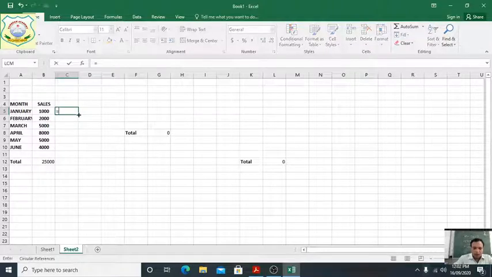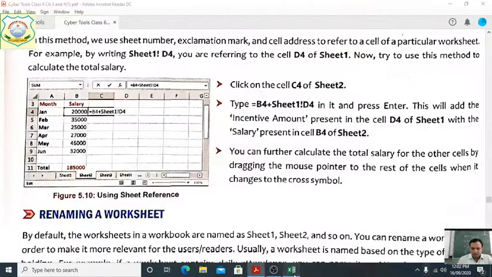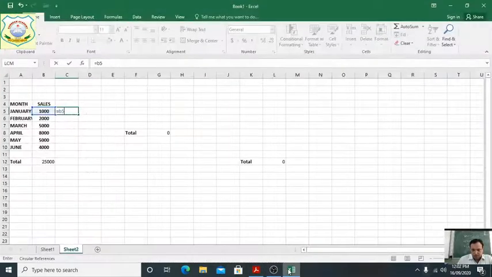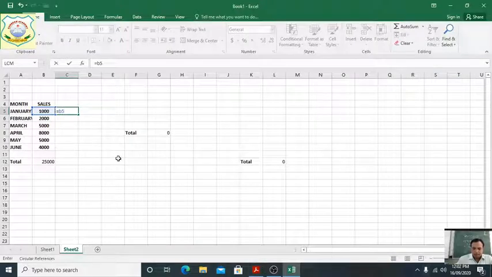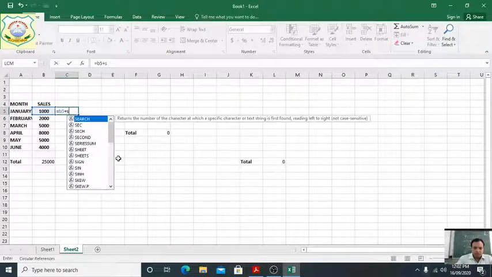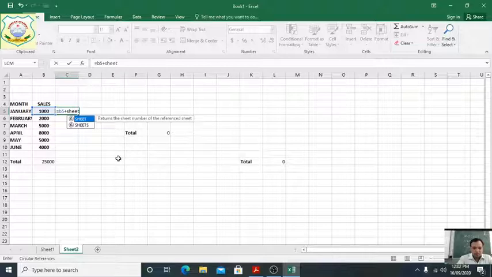Wait, equal B5, then students, what is written here: Sheet1 then D4, plus Sheet1, okay, plus Sheet1 D4, D5.